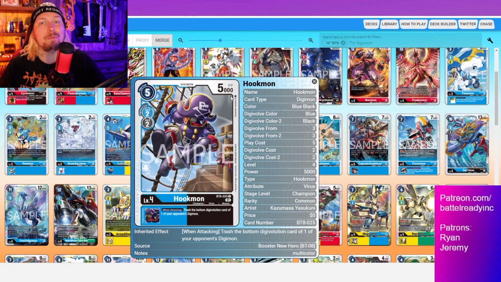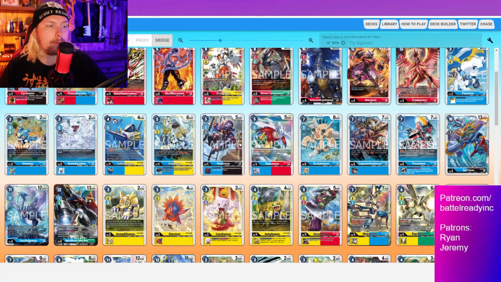Like, we've already got so many blue cards that already do that. What does it matter? What black deck is this going in where this is really going to matter that it's a black one? Are you going to use this in a black-focused deck? And you're going to try to do this? What does it matter that you're trashing a Digivolution card? If you're de-Digivolving with black, that's not going to factor into it at all. So, I don't know. It feels like a weird card. It's just a common, though, so...